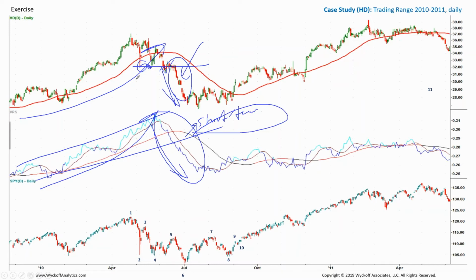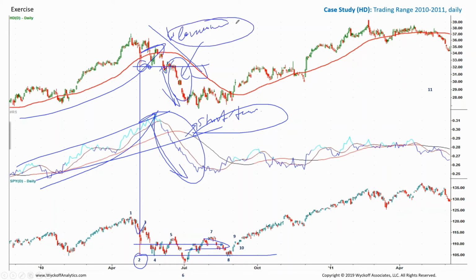But look also at the market. This was a flash crash on May 6th. And then the market is flat. The stock is actually going down. So there is weakness here. And this weakness, even though it's short term, it just basically suggests a pause. Because if we think about the long-term picture